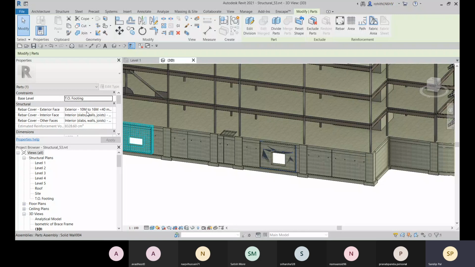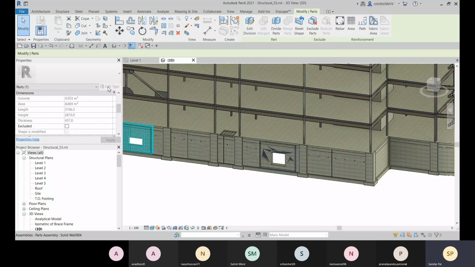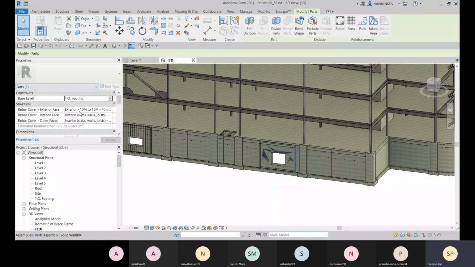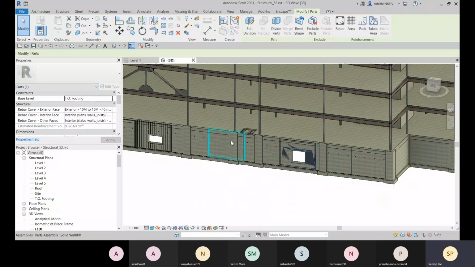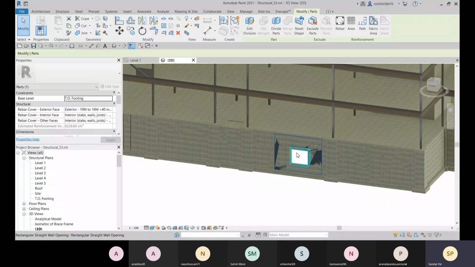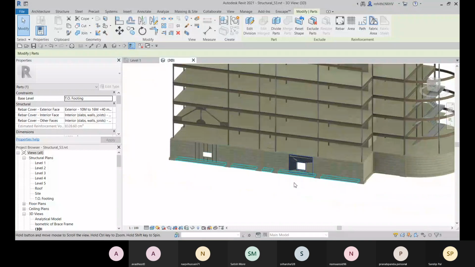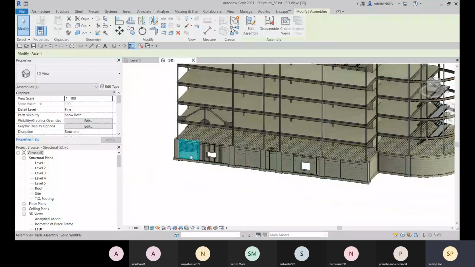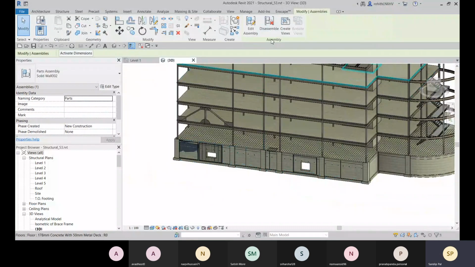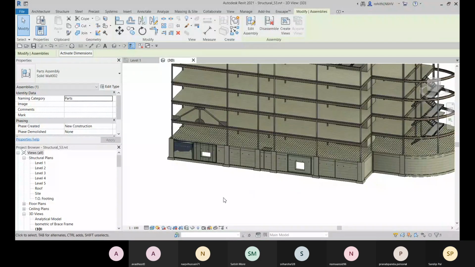Here you can see that this is like a normal part, and you cannot go for the edit type. Okay. You can do all the things. You can divide some parts also. You can apply the rebars and all. Right. So keep it as assembled. Don't disassemble if it is not needed.